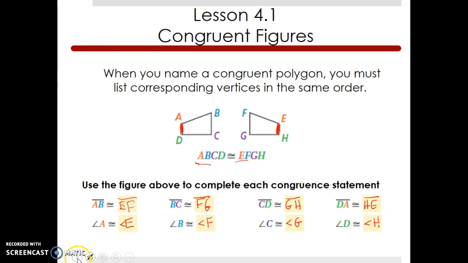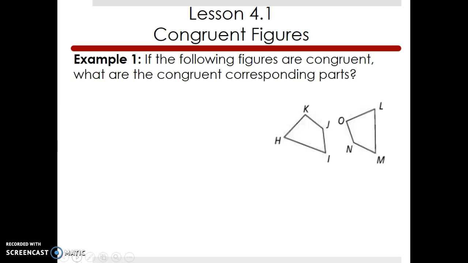Alright, so we're going to try examples now. Example 1: if the following figures are congruent, what are the congruent corresponding parts? Parts have two aspects: you have your sides and you have your angles. Let's start with your sides first. If you rotate this picture,